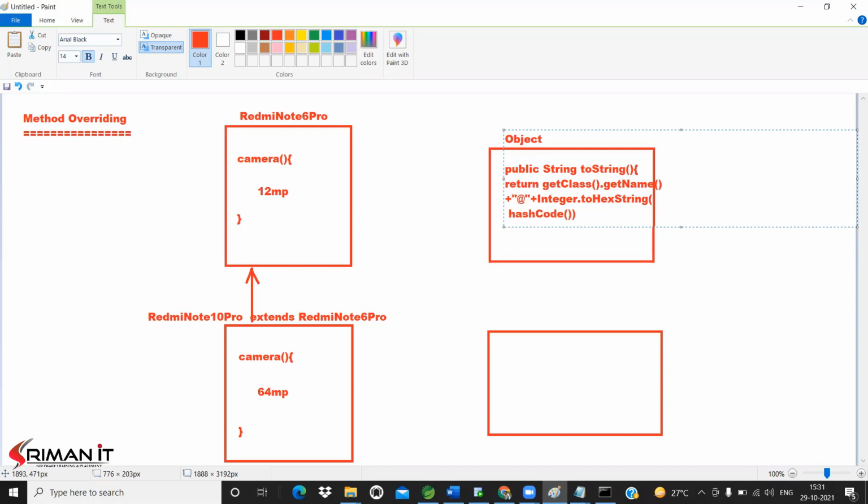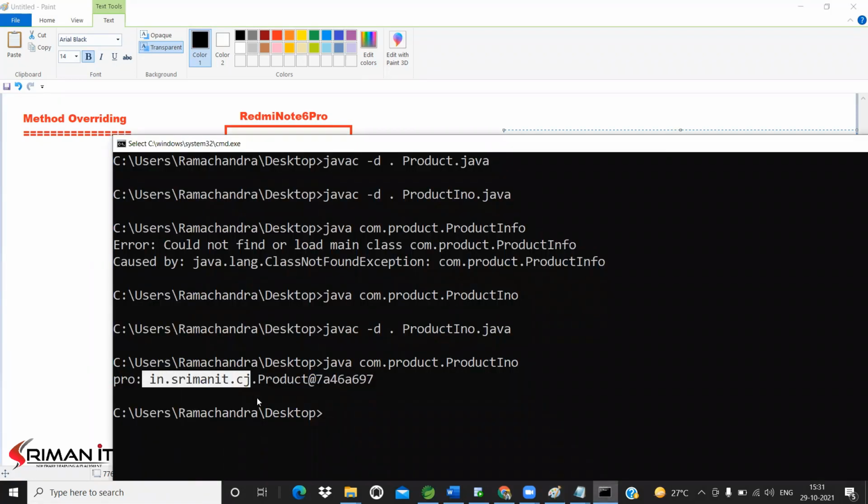This is exactly the logic which is available in the superclass toString method. So internally this logic will execute and it is going to print output like package name dot class name, at the rate, memory in hexadecimal format.